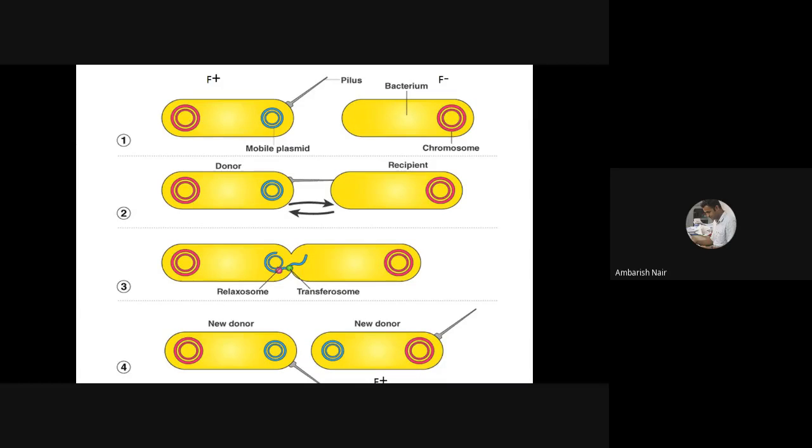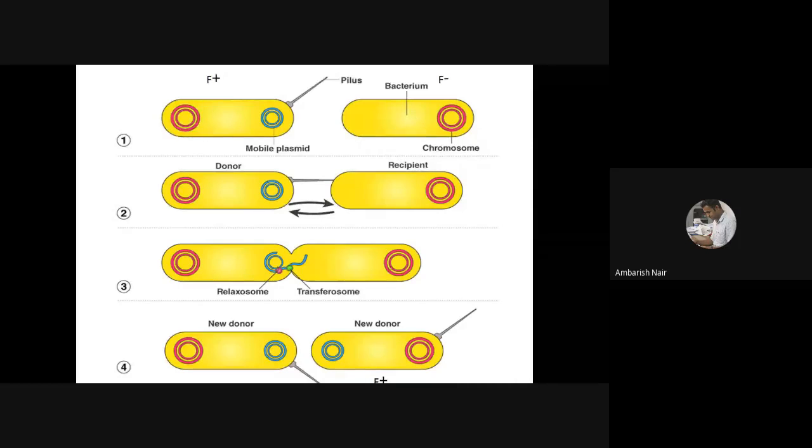There will be a hair, you can just mention. So there will be a hair which is made up of protein, pilin, I think, that protein. So it is like small projections. Don't get confused with flagella. Flagella is different. Flagella will help in mobility, motility of a bacteria. So this pilus won't help in mobility, but it mainly helps in conjugation.